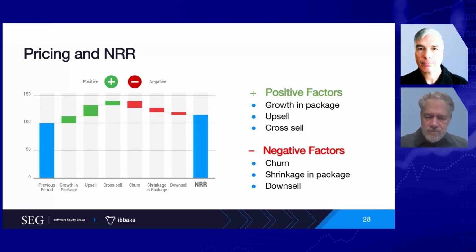And it's really important to analyze your NRR using this waterfall. And you can have companies that have the same NRR, but very different characteristics. You might have a company that had high churn, say 10% churn,